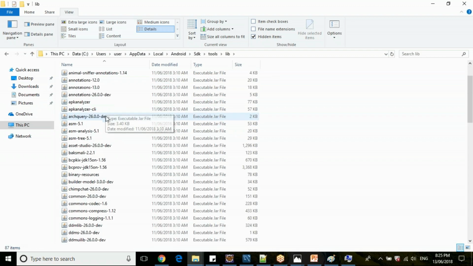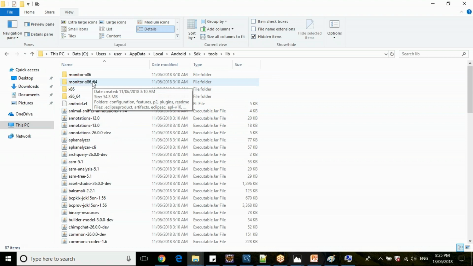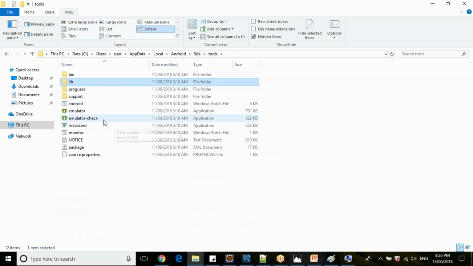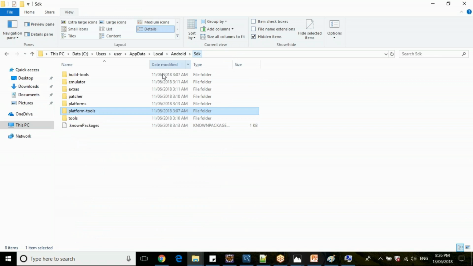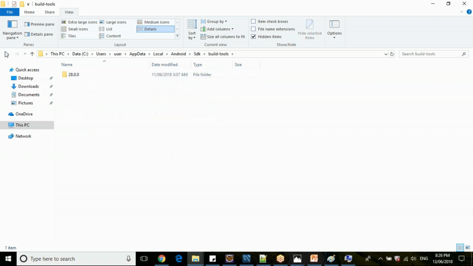Then you have some libraries which are required for you to develop your Android applications. The platform tools folder will have your Android Debug Bridge application, the ADB application. So under SDK, we have the platform tools folder, platforms folder, tools folder, and build tools.